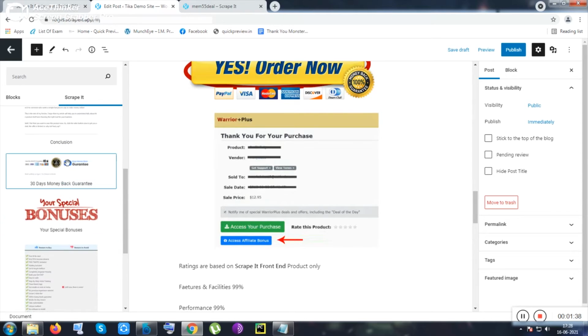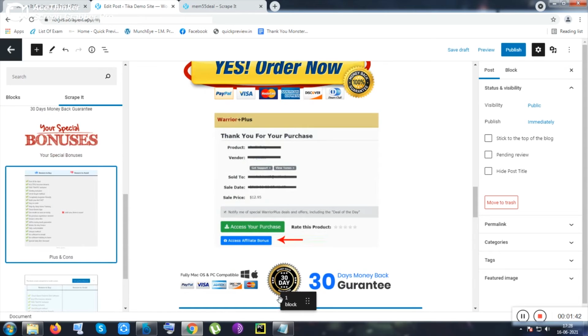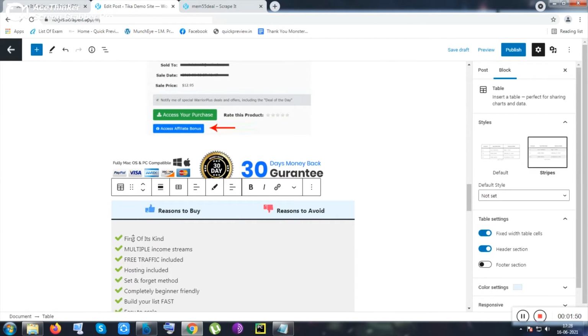And your money back guarantee section, money back guarantee feature, you can put also the pros and cons, and everything is pretty much easily editable. Like, click on that stuff and just start editing it. This is that easy. Like, click on that and delete it and put something more if you want.